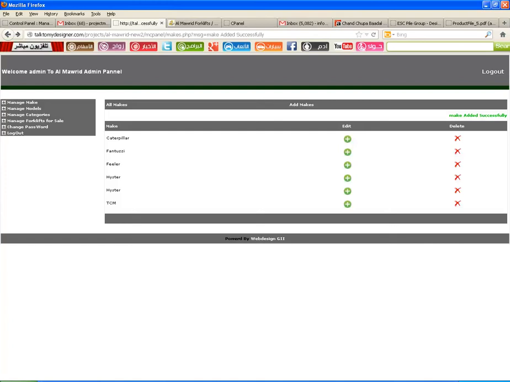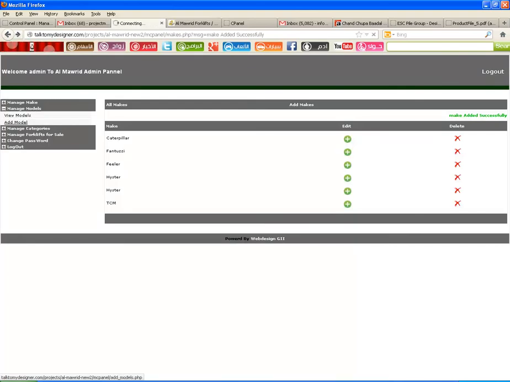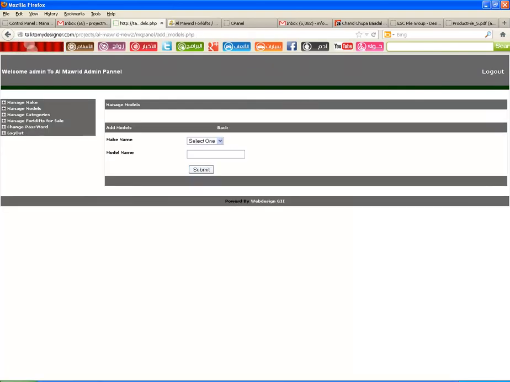Okay, now we can click on manage models. So in that, two options are there, view models and add model. If you click on this add model, we have to enter a model name as well as we have to select a make name.